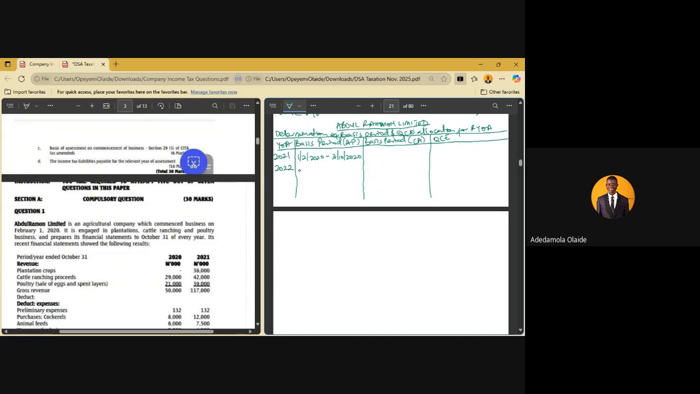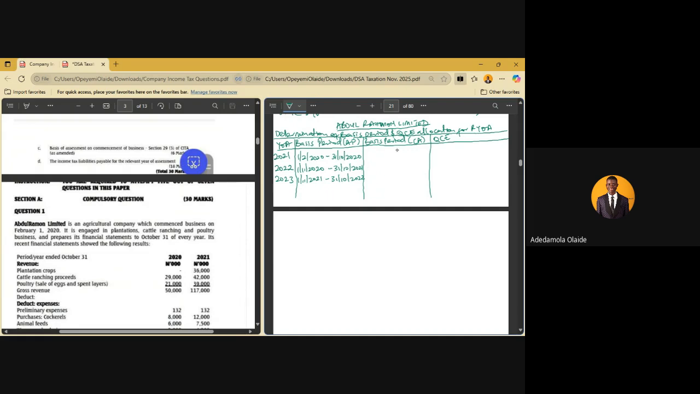The second year will be 2022, and that will be 1/11/2020 to 31/10/2021. Then we can just do 2023. That will be 1/11/2021 to